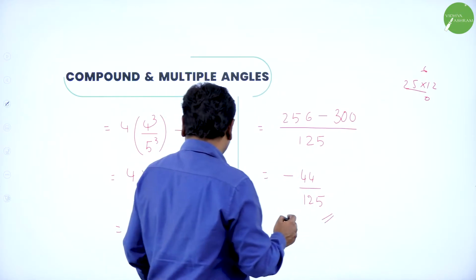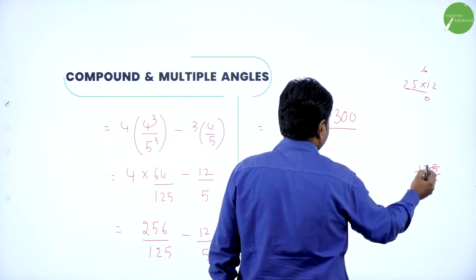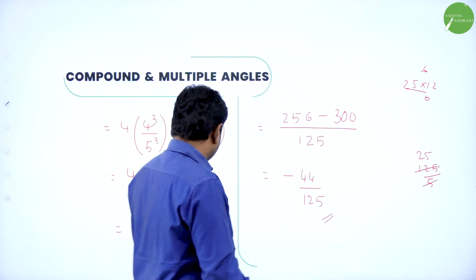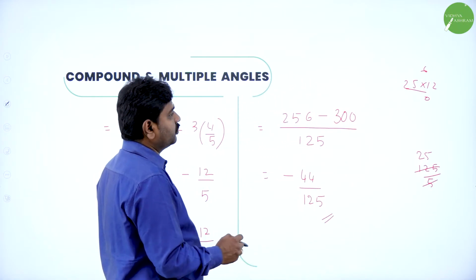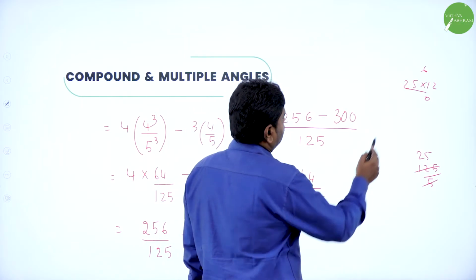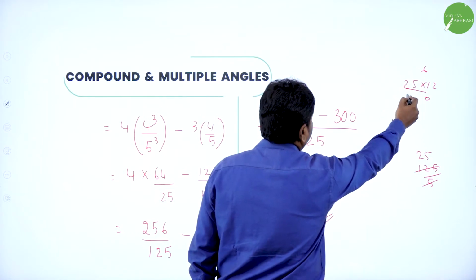So value. If you take LCM, okay. So now 12, 25 is a 25, 2 5s are 50, 25 1s are 25, plus 12 5s are 60, 6, 12 2s are 24, 24 plus 6, so it is 300.